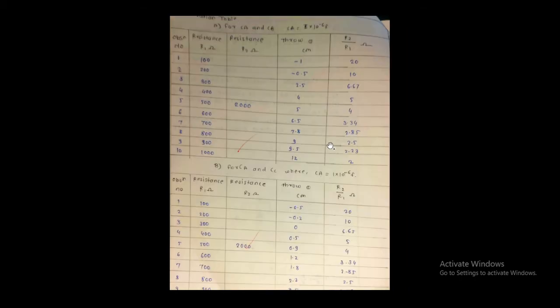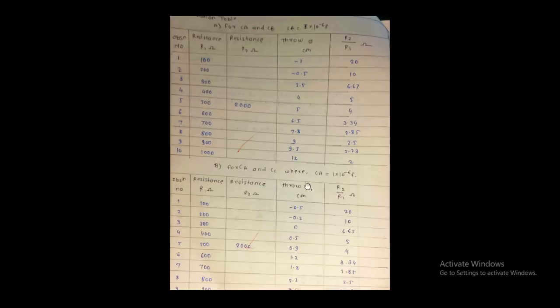Once again I am telling you all this. This is the title of the experiment, aim, apparatus, and the resultant circuit diagram. While we are recording the throw for every combination, the two capacitors are connected to terminal number 2 of the de Sauty key. Through the negative terminal of the battery, the capacitor gets charged. When we release this key, the capacitor gets discharged, and then again we move towards the second combination for both the sets. In all, for the first set we have to record 10 readings, and for the second set these 10 readings.